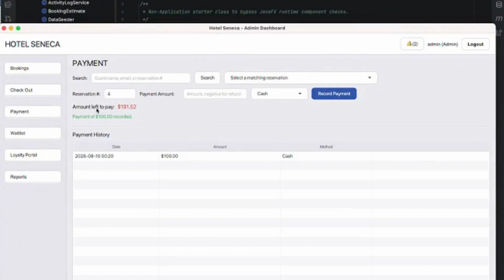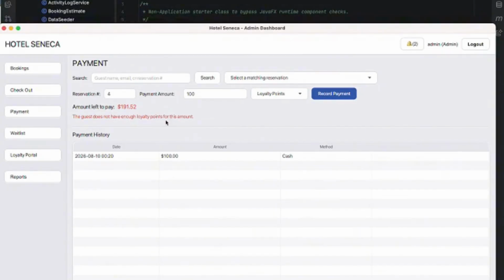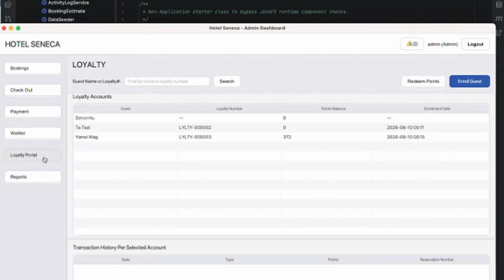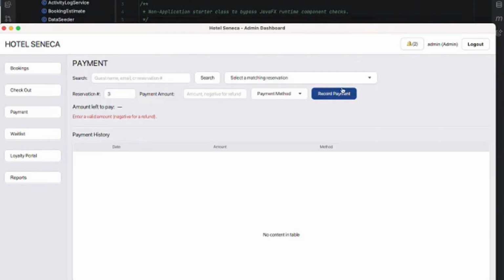So the amount left to pay is updated, and we can also pay with loyalty points, but it will check if the loyalty points are enough for this payment. It is not enough because this guest is not a loyalty member yet, and we can enroll this guest. Then he is issued a loyalty membership, so he can gain loyalty points for his next reservation and his next payment. And then let's move on